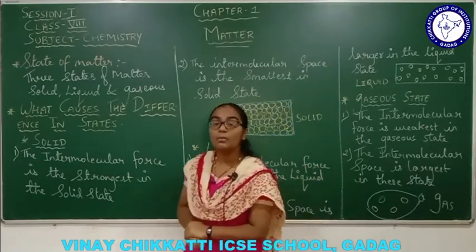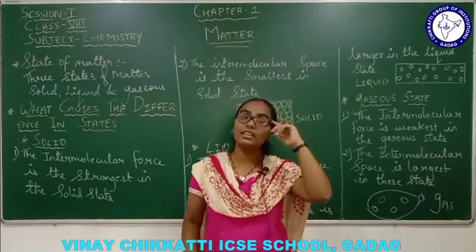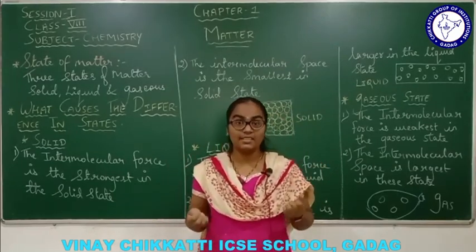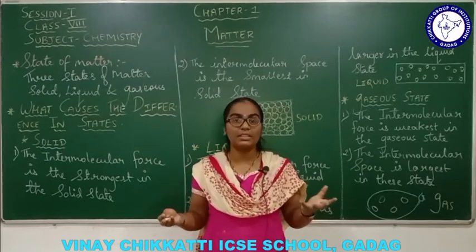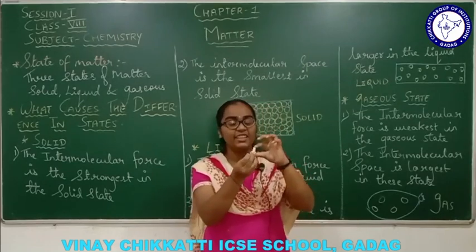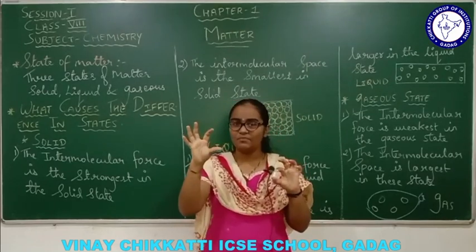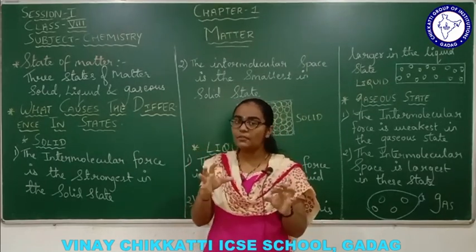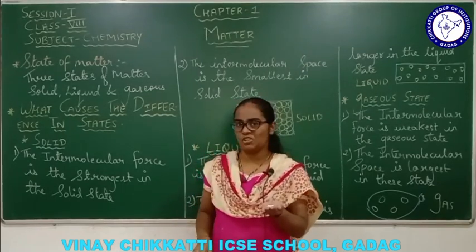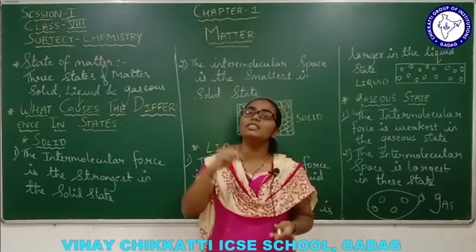Now when I talk about the solid, what thing comes first to your mind? Solid is very rigid, right? It has a certain shape, it occupies space, it has a volume also. Now let's talk about the chalk. Chalk is a solid, right? Now this solid is rigid, right, hard. Apart from that, it has a certain shape also, it will have volume also, right? Solid is having all these properties.